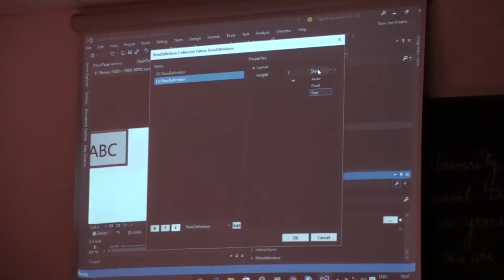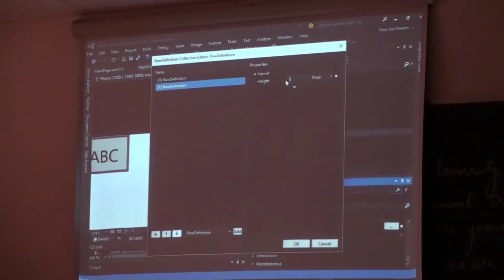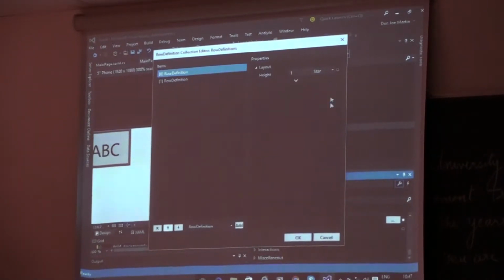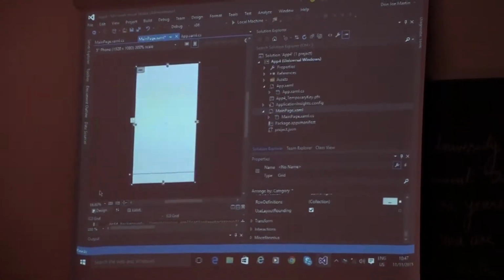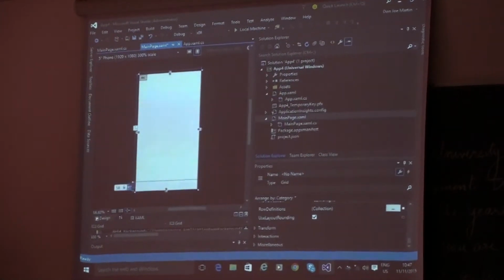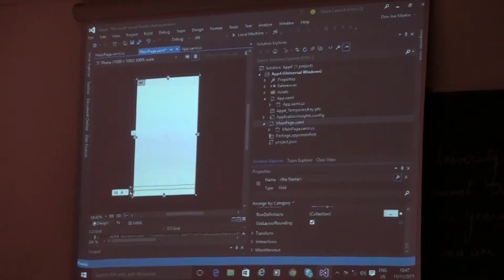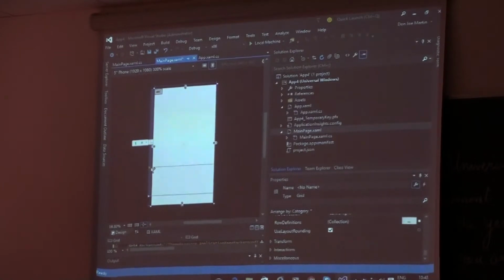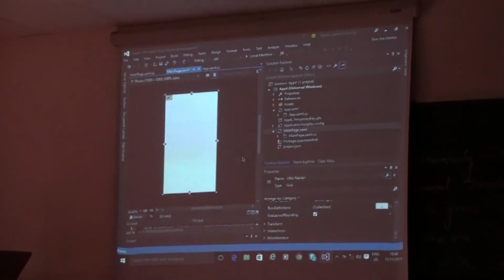On the other hand, if I give 1 pixel, which is really tiny, let's give it something like 50 pixels for the second row, and the first row is going to be star. What's going to happen now is, just a second, yeah, you can see this line over here. This wasn't there earlier. Once you bring a cursor over here, it shows that it is locked with the 50 pixels static size. And over here, it's 1 star. That's what you actually use your rows and columns for.